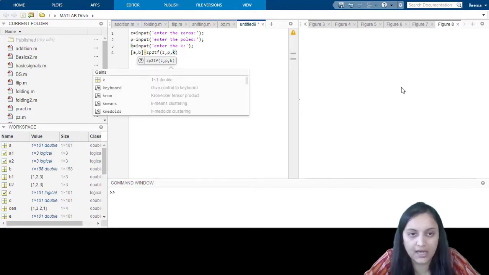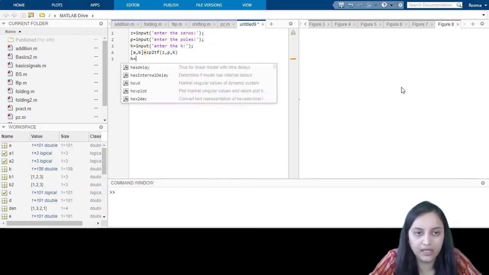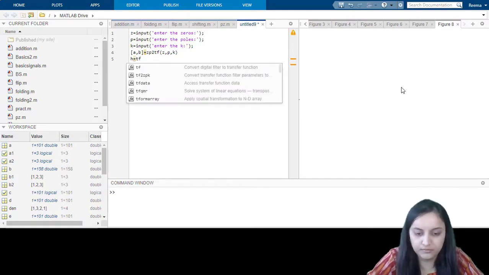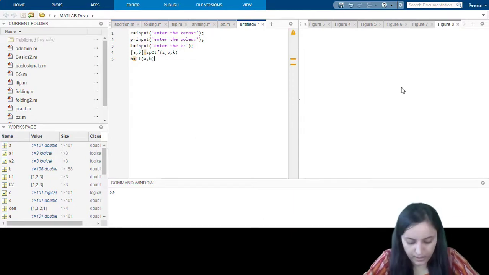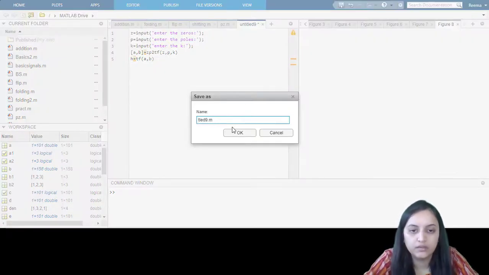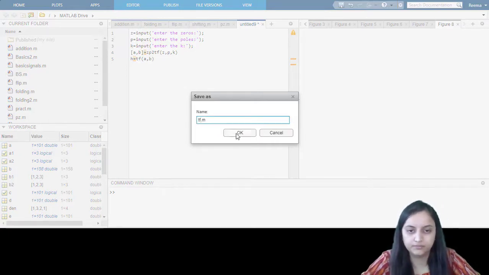So this is the syntax for finding the transfer function from the given poles and zeros, and we will obtain it using another variable h that is equals to tf a comma b. That means now you can have the transfer function from the values entered of poles and zeros. So let us see how we can do this. By running this code, we will save this project as transfer function.